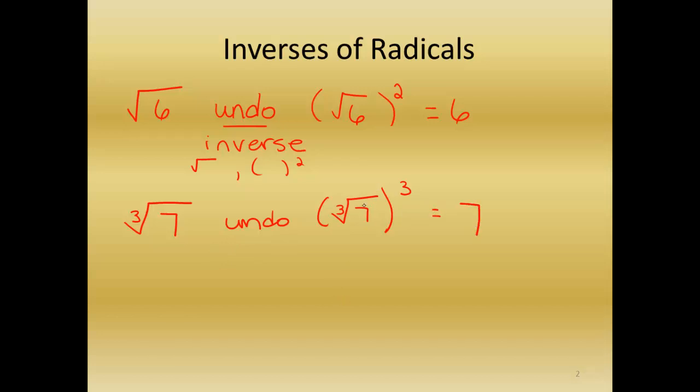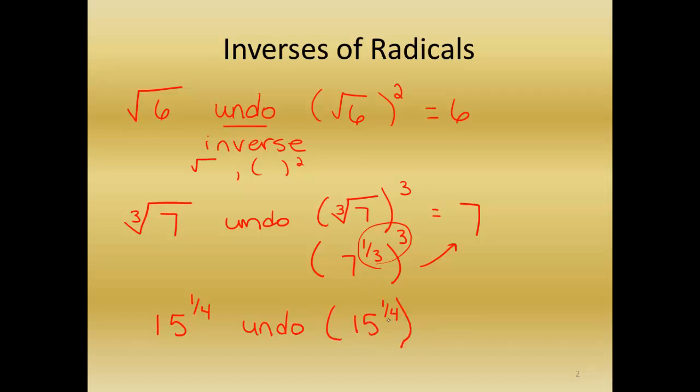Now how does that work so nicely? Well, we can use what we know about exponents. We know the cube root of 7 is the same thing as 7 to the 1/3 power. When I raise it to the third, exponent properties say I multiply those exponents, I end up with 7 to the 1st power. Okay. If I had 15 to the 1/4 power, to undo that,